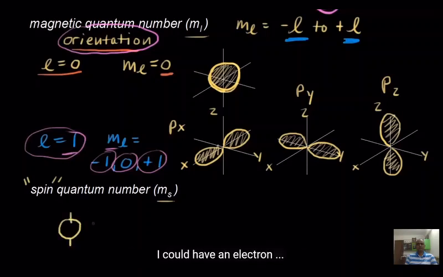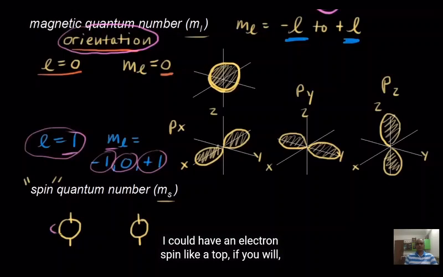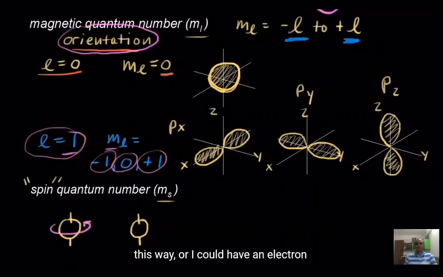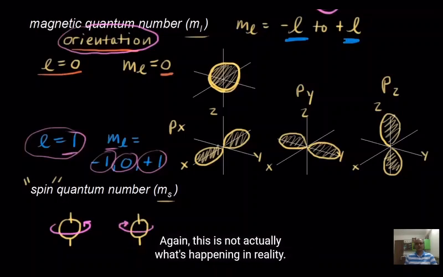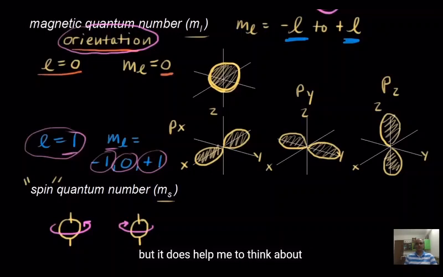So I could have an electron. Let me draw two different versions here. So I could have an electron spin like a top, if you will, this way, or I could have an electron spin around that axis going this way. And again, this is not actually what's happening in reality. The electrons don't really spin on an axis like a top,